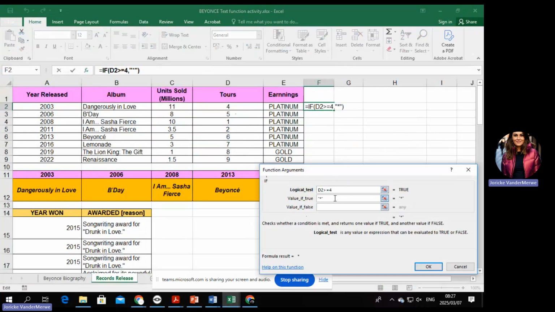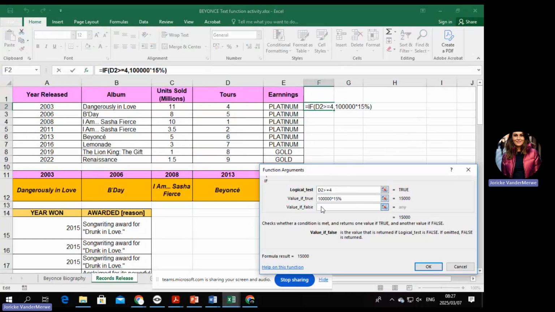If the value is true, then let's say multiply the tours by, let's say, 100,000 Rand times 15%.